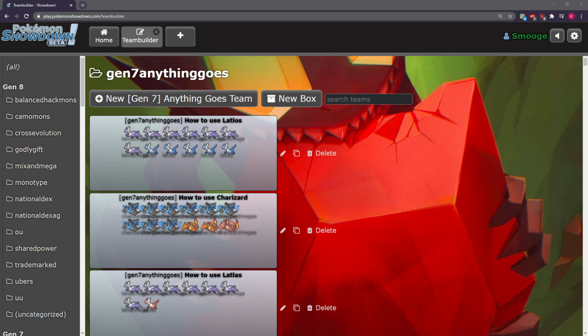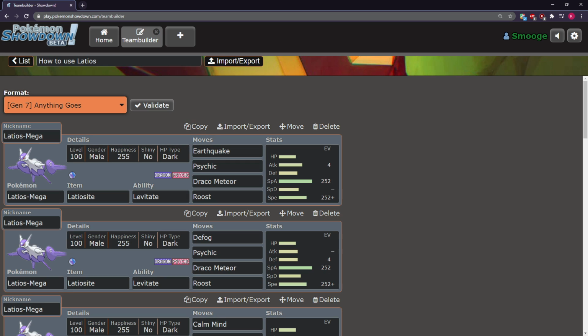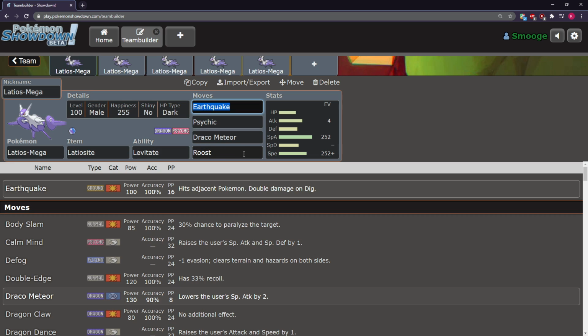Hey guys, so today I'm going to be teaching how to use Latios, Mega Latios, and also normal Latios. Today's song is called Meteor Herd from Sonic Adventure 2. Fits pretty well, because all Latios does is drop meteors. Alright, so the first set,